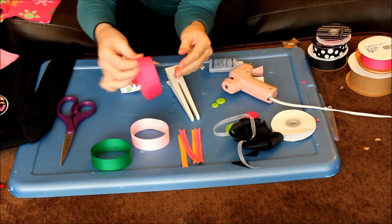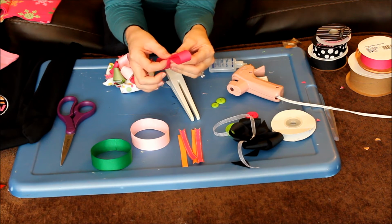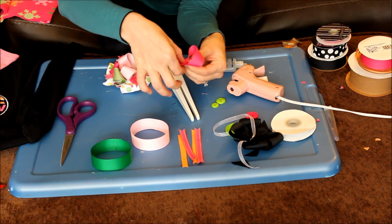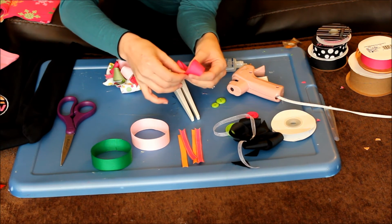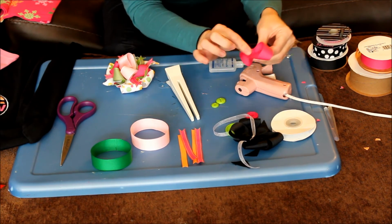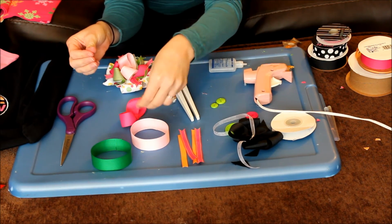Okay, so you have 3 circles. The next thing you want to do is take one of your circles, where the seam is, push it down to the middle to make it even. Okay, now hold the bottom layer center. Don't move the bottom layer, but with the top layer, you're going to twist it just slightly. You can twist it a bunch if you want, or you can just barely twist it. It depends on the look you like. I'm going to twist it about halfway, and then you're going to take your hot glue again, and in between that layer, you're going to hot glue it